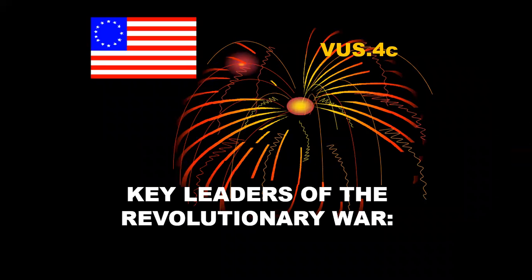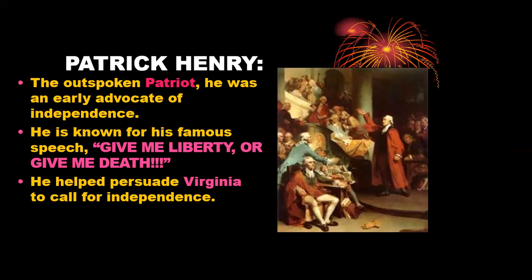All right. So just to wrap things up, let's go over just a couple of key people and things that happened. Of course, we have to talk about Patrick Henry. This is one of the big spokesmen for early independence in the movement. He's the guy who gives the "Give me liberty or give me death" speech. He's going to be a big part of helping convince Virginia, the colony of Virginia, to get involved with the independence. His words, "Give me liberty or give me death," become like a battle cry for the